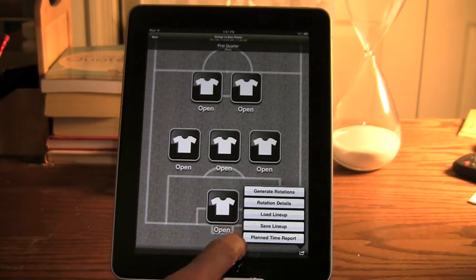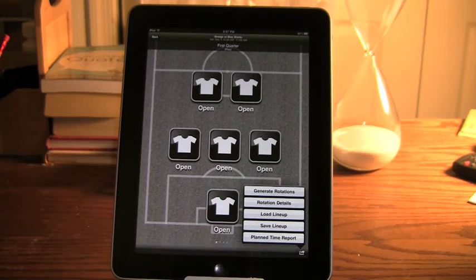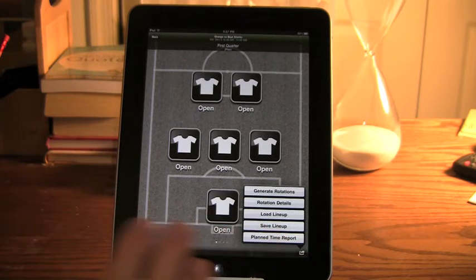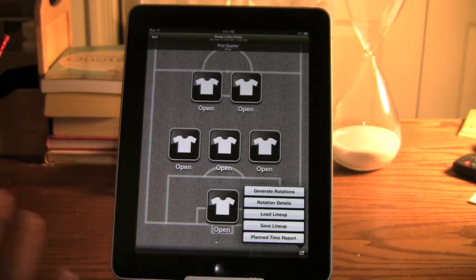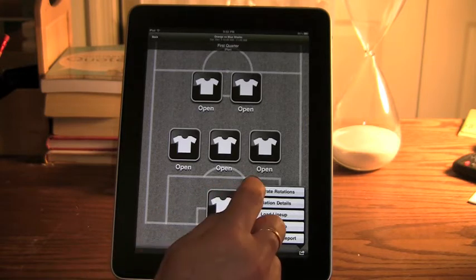Or if I play the game and in a particular quarter I did so great that I want to save that away for later so that I can use that lineup again, I can come back here and actually save the lineup right from here back to be associated with the team. And plan time report just gives you an idea about how people are going to play, how you've planned them out to play during the game, and it can provide a little bit of verification about whether things are fair or not. So I'm going to use generate rotations,